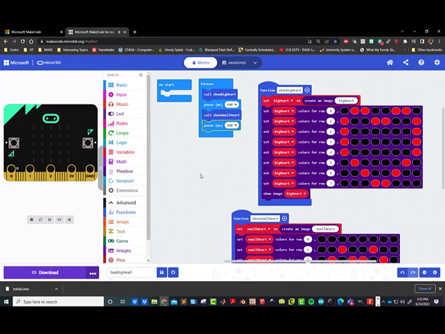So this will get us just a steady beating heart, and then we'll come back and put a little bit of sound to it. So that should work. Now I'm ready to download. This would be a good time for your students to save. If they hit the save button here,